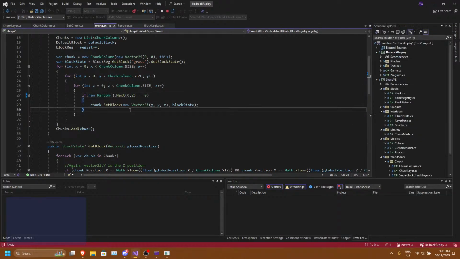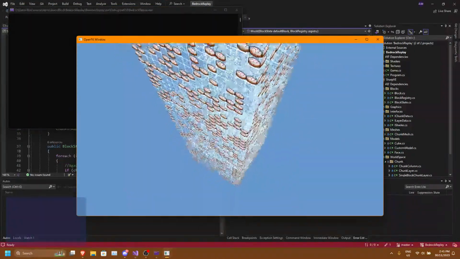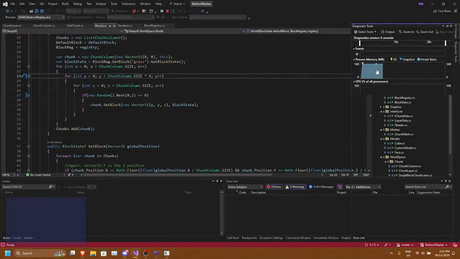Let's do something interesting. Let's do it further up. Let's start at Y level. Wait. Let's affect 4 subchunks. Alright, how much is this?